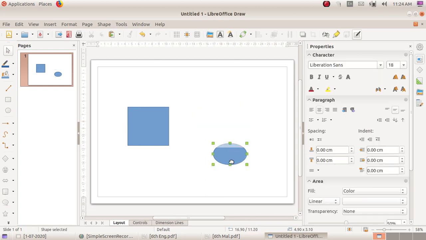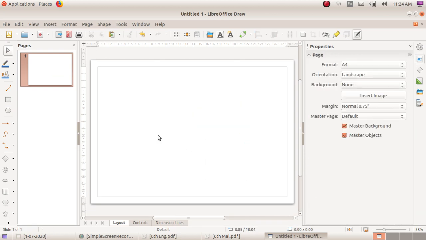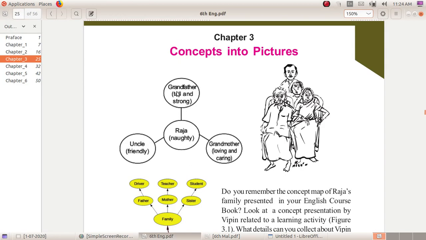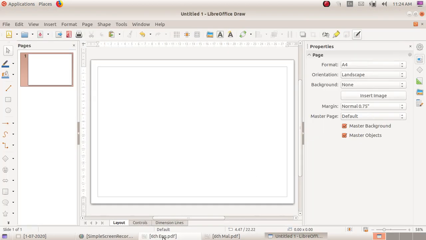Now we are going to create the concept map of Raja's family. First, select the ellipse tool, click on the ellipse tool, then draw the shape.